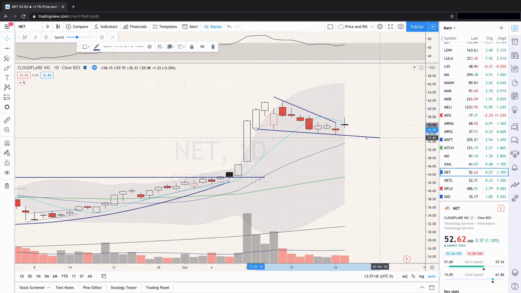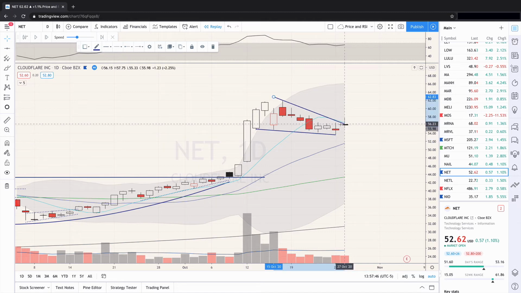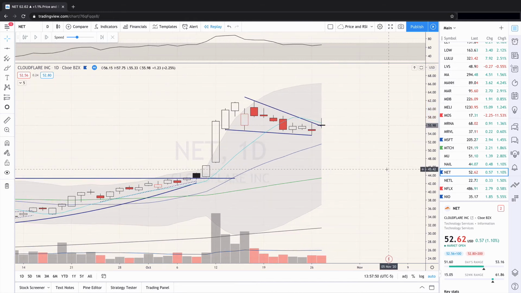So you're drawing lines as you do, someone trying to figure out patterns. And here's the pattern we're looking at around here. And I'm pretty sure this is where I entered. So let's assume this is. It doesn't matter if I did or not for the sake of this argument. So you could argue this is definitely a flag pattern, a bull flag. You call it a pennant. It doesn't really matter what you're calling it. It's a consolidation pattern after a big move.